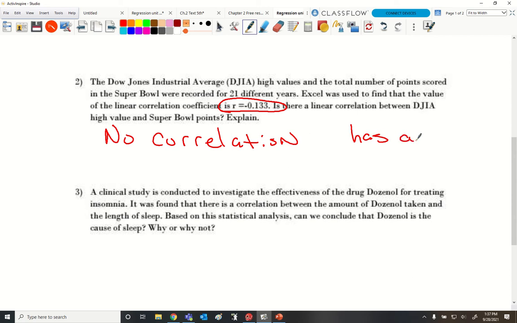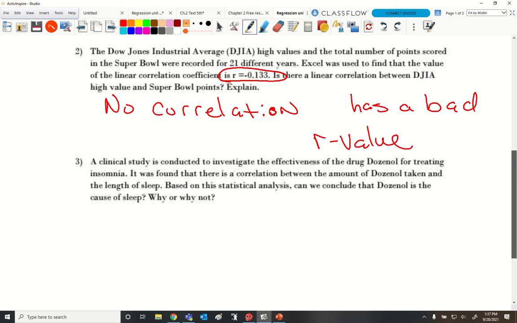Has a bad R value. That's it. Has a bad R value. That's a no correlation. There we go. Is that easy? Okay. So, very wordy on the problems, but